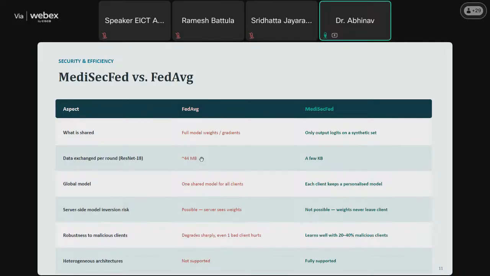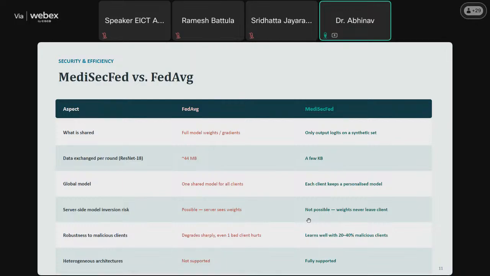FedAvg produces one global model shared by all clients, whereas in MediSec-Fed each client keeps a personalized model. Server-side model inversion attack risk is possible in FedAvg because the server sees the weights. In MediSec-Fed it is not possible because weights never leave the client.